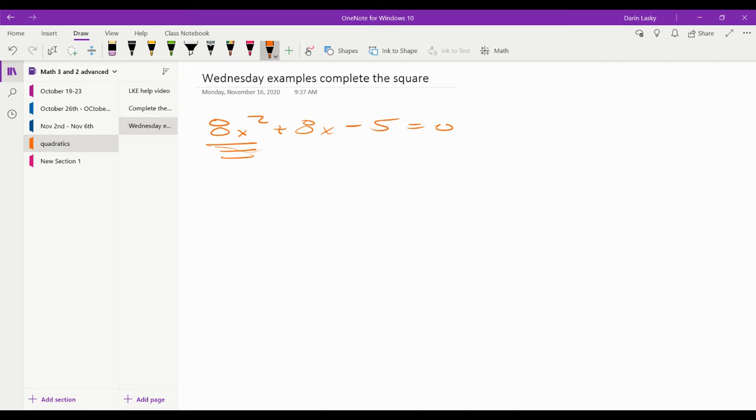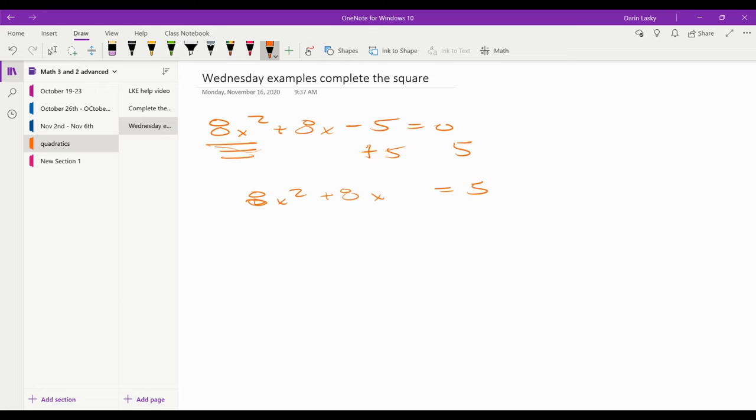So let's just start with our first step. We got to move c over, so I'm going to add 5 to both sides. Okay. So when we deal with that, we end up with this here, which gives us 5. Okay. So again, if you're not choosing complete the square, turn this video off and watch the other ones. All right. So now